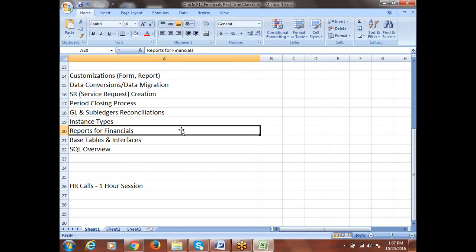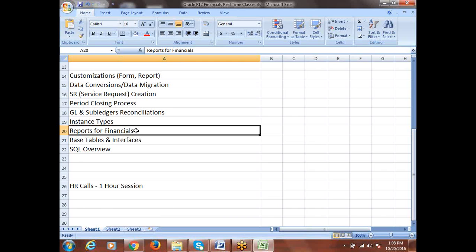Reports for GL, AP, AR, CM and FA: from which application, which reports we can suggest to the client. Earlier in our normal learning, I gave the top 10 reports from payables and the top 10 reports from receivables. This is the report list I gave. We requested, please run the reports and see the output so that you can understand the purpose of the report, and by seeing the report name also you can understand. I think nobody did that, right? No problem.